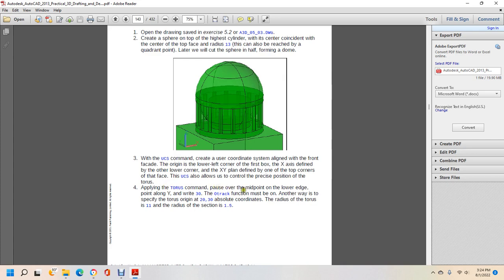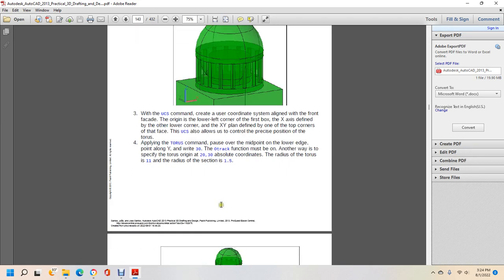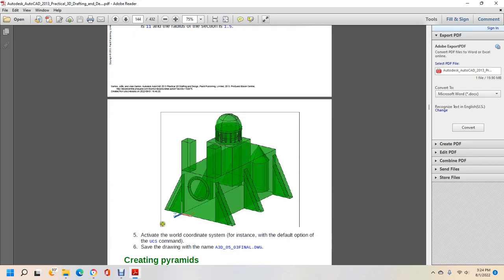Apply the torus command. Place it at the midpoint of the lower edge with the point along the Y axis, 30. The O track function must be on. Another way to specify the torus origin is with absolute coordinates, 20,30. The radius of the torus is 11. The radius of the section is 1.5. Activate the world coordinate system, for instance with the default option of the UCS command. Save the drawing as